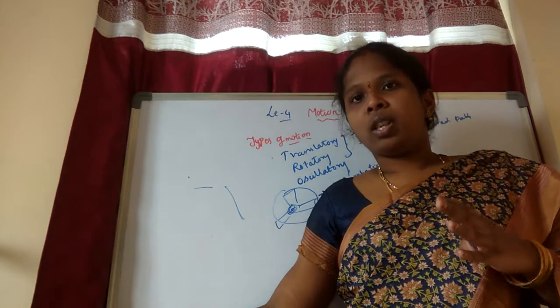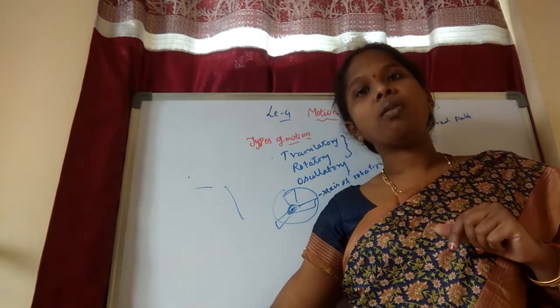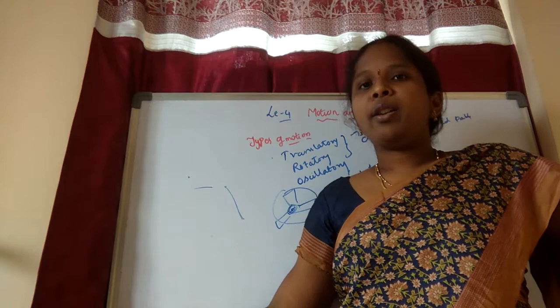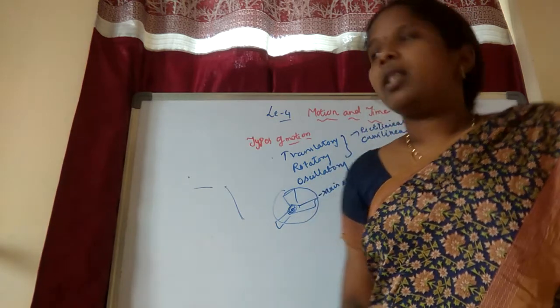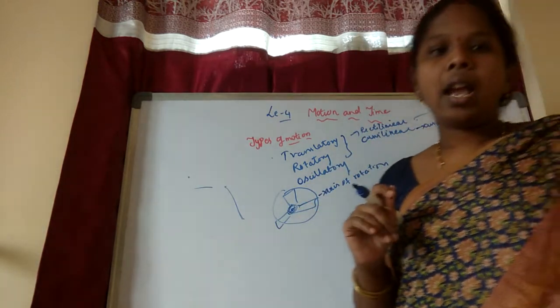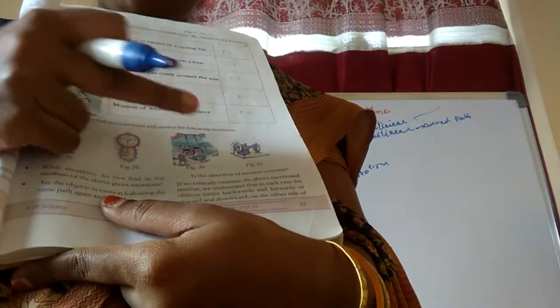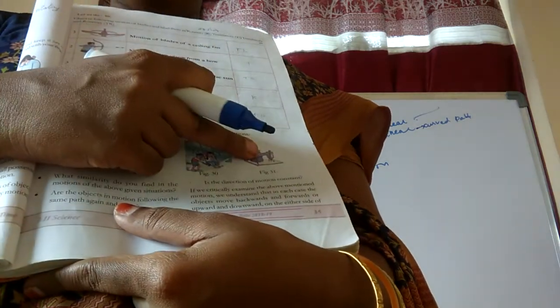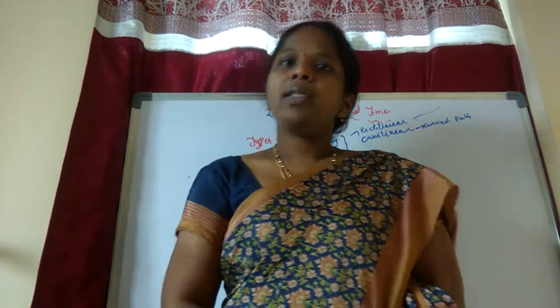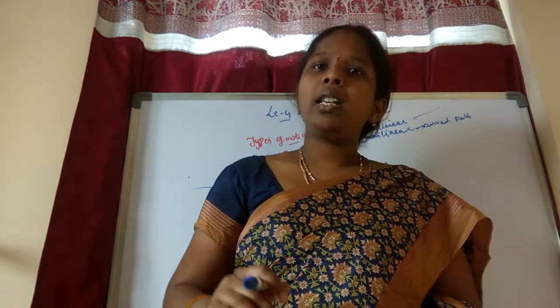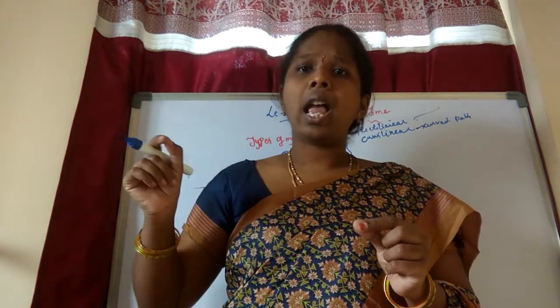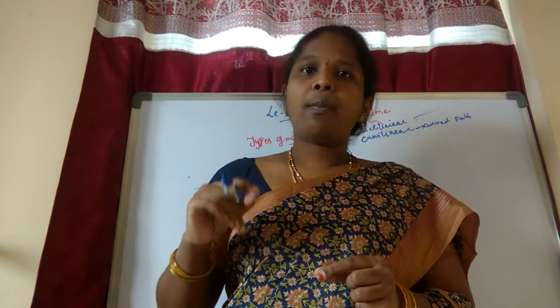So these two motions are completed. Now coming to the oscillatory motion. Oscillatory motion means what? For example, the fan is there. I have given 4 examples now: the fan, clock, swing and swing machine. If you take these 4 examples, we can see that in each and every example they have their own type of motion.